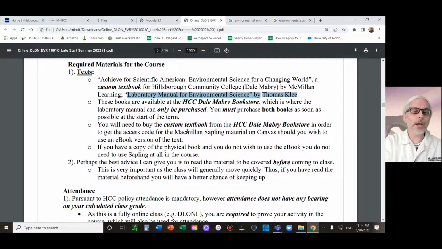So you need to buy the custom manual or the ebook, one or the other. You don't need both. One or the other is fine. I don't care which one you get. It's effectively the same thing except for one thing. And quite literally, as of yesterday, I had another discussion with this publisher about an issue I have with this